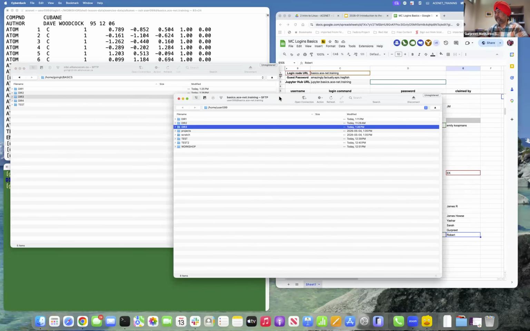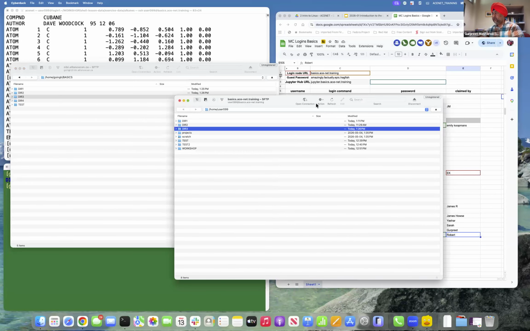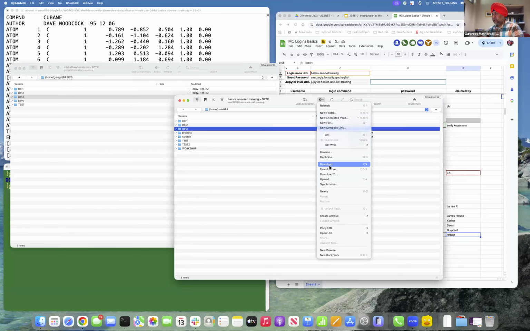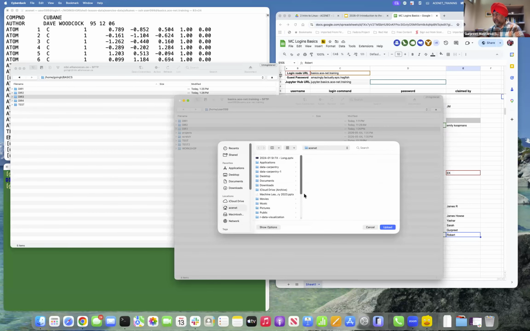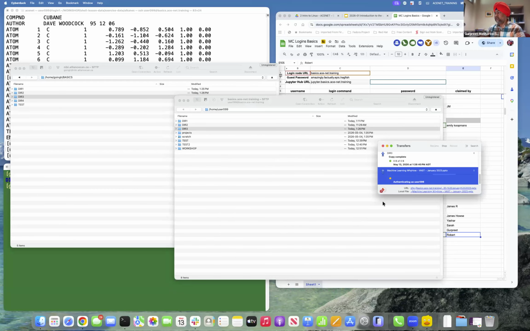If you want to connect from your local machine, so it's already there. There is this action here. You can download and you can actually upload. If you press upload, then this is your personal computer that gets opened up. And let's see this one. If I were to upload this, it will upload right there. It went there.